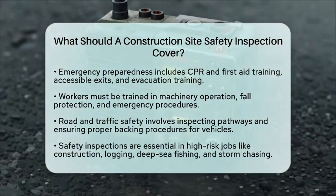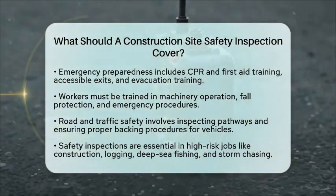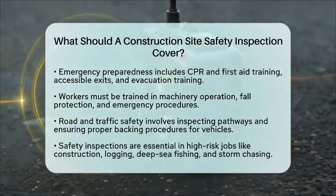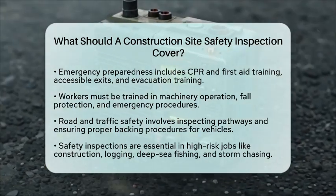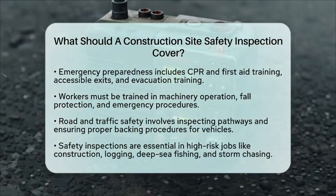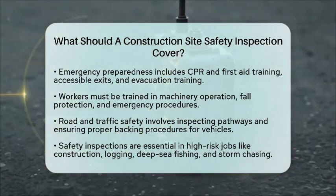In high-risk professions like construction, logging, deep-sea fishing, and storm chasing, safety inspections are vital. They help manage hazards through rigorous checks and protective measures. Each profession has its unique safety protocols, but the goal remains the same: to prevent injury or death in hazardous